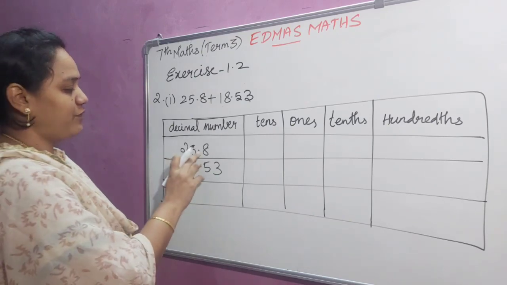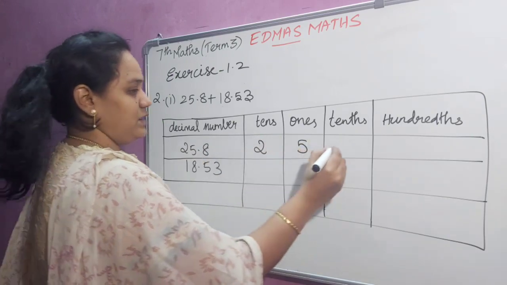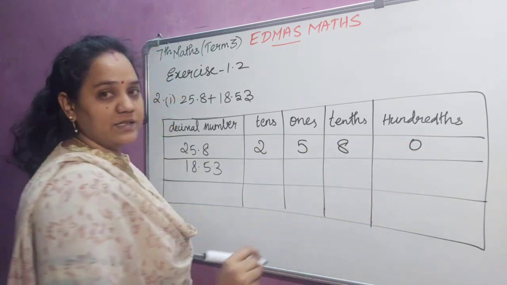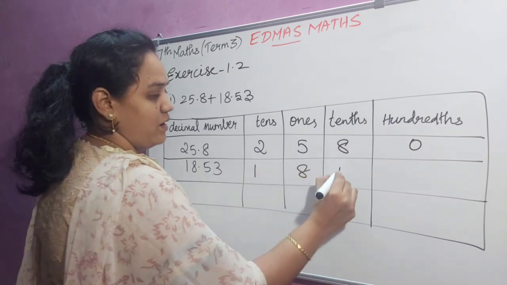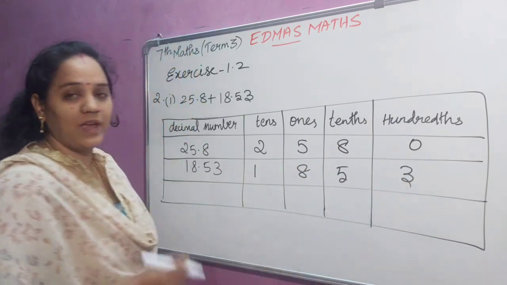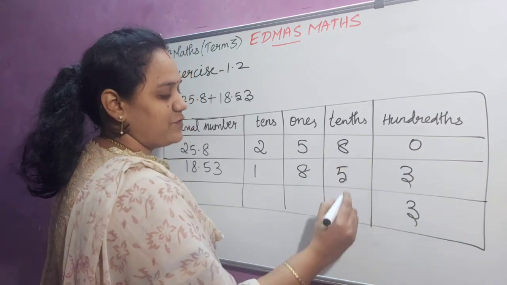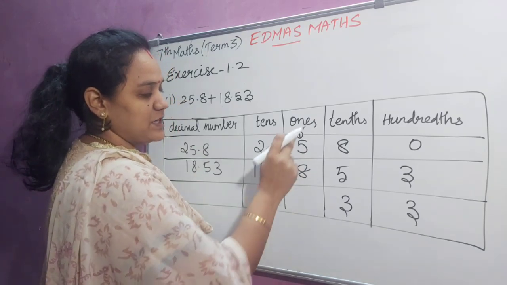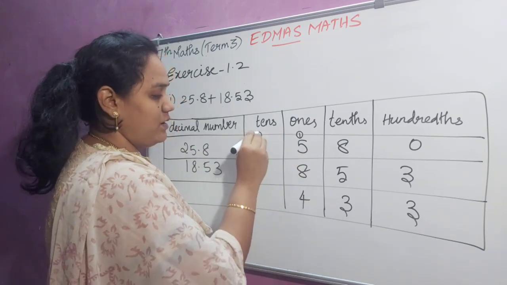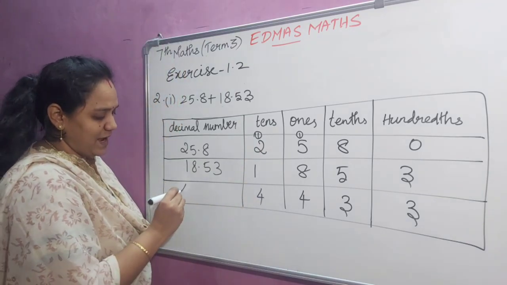So first number is 25.8. Ones place 5, tens place 2, tenths place 8, hundredths place nothing is there, so we can write 0. So here 8, 1, here 5 and 3. So we have to add this. 0 plus 3 is 3, 8 plus 5 is 13, 3, 1 carry over. 9 plus 5 is 14, 4, 1. So 2 plus 1, 3, 3 plus 1, 4. So our answer is